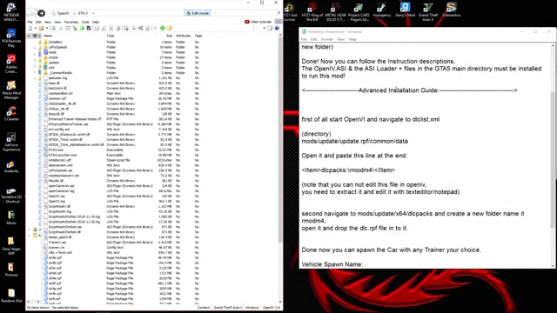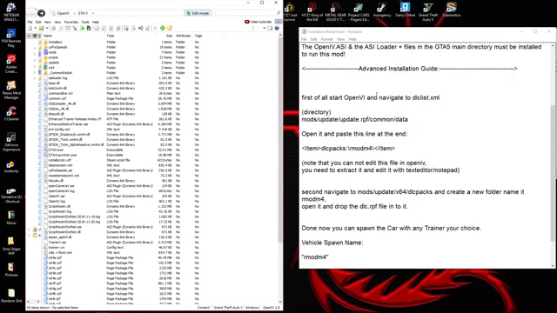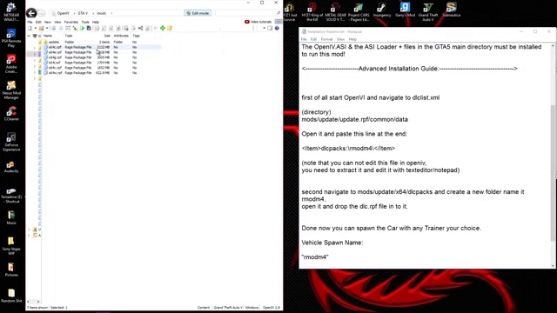So, advanced installation guide. It says advanced, although there's only one type, and it's not too hard to do. First of all, you're going to want to open up your OpenIV and navigate to the dlclist.xml. This one gives a directory, and you're always going to remember that before this little directory, if it doesn't say mods, which this one does, it means mods. So you're always going to want to go into your mods folder,